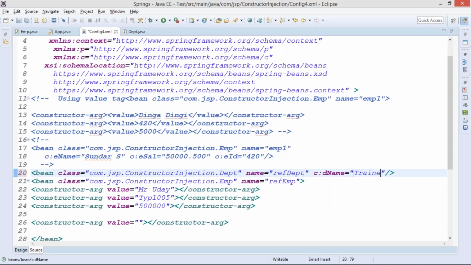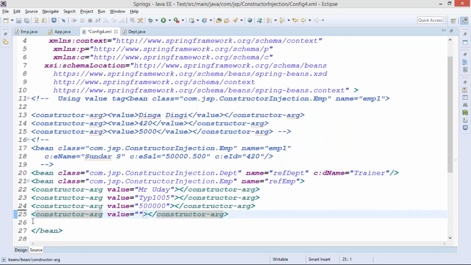Something like that, guys. You can pass better. Now this is done. Now what we have to do, guys, we have to inject the reference. We have to inject the department object inside employee. So guys, what we will do here, can you tell me now